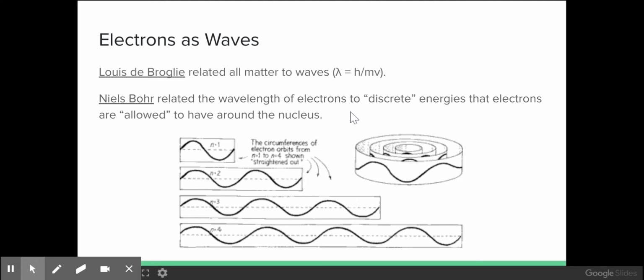Niels Bohr also contributed to our understanding of how these electrons behave as waves. Before de Broglie gave us the idea of matter as a wave, Bohr gave us this idea that electrons can only exist in discrete orbits called energy levels around an atom. We can connect this back to de Broglie's idea because if we treat each one of those orbits like a standing wave, maybe orbit 1 is only 1 wavelength, orbit 2 is 2 wavelengths, and so on and so forth. So the idea of electrons as waves lent itself to Bohr's idea that electrons are organized in those energy levels